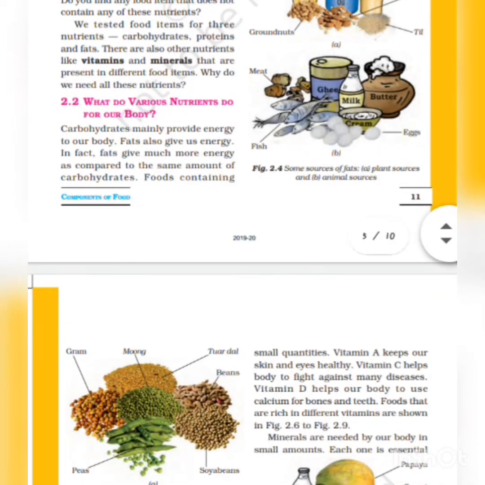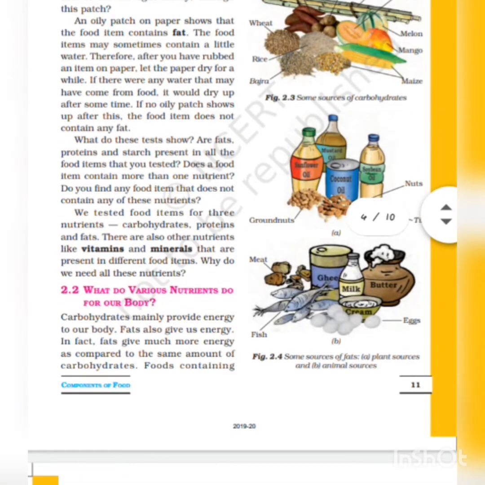See here, every kind of food has been shown. In fact, here has been shown potato, sugarcane, sweet potato, wheat, rice, bajra, maize. These foods contain carbohydrates, so you have to learn which foods contain carbohydrate, this one, and then you have to learn which foods contain fat,